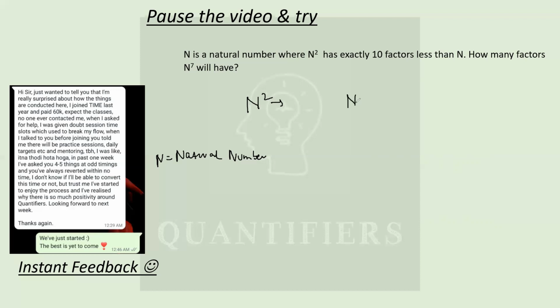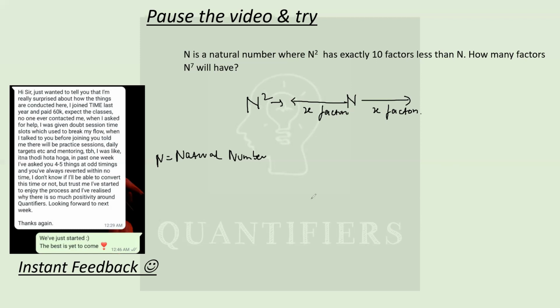I hope आप सबको ये तो समझ में आ रहा होगा कि n will be a factor of n square, right? Because n square is divisible by n. तो n तो एक फैक्टर होगा ही होगा n square का. So n will always come in the middle. That means if there are x factors greater than n, then definitely there will be x factors which are less than n as well. जितने फैक्टर्स n से बड़े होंगे उतने ही फैक्टर्स n से छोटे भी होंगे.